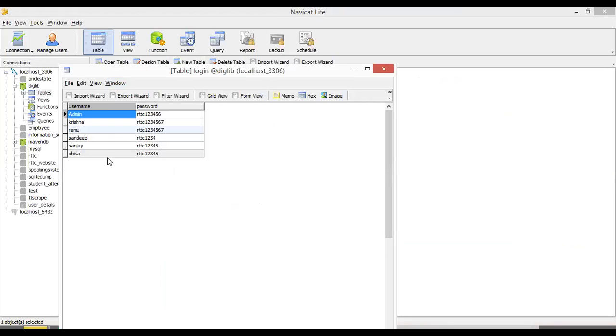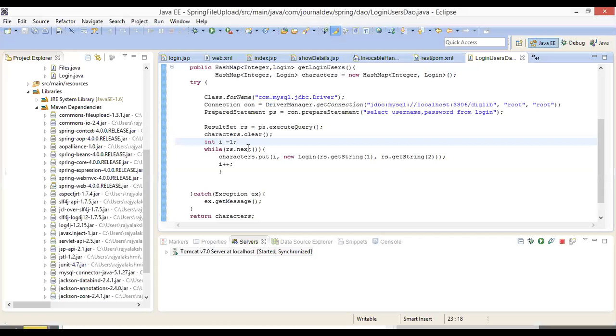So what I have to do? I have to move the result set from top to bottom like this. First to last. So this can be done in Java by using what? rs.next. So each row you are taking and putting into what? Putting into characters.